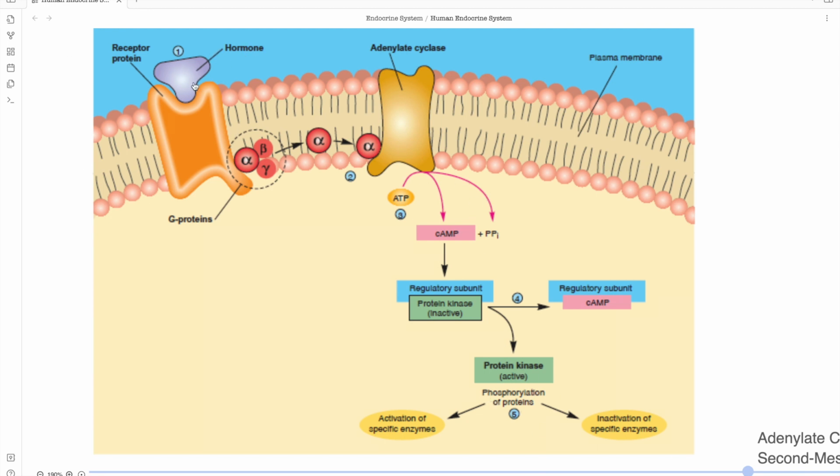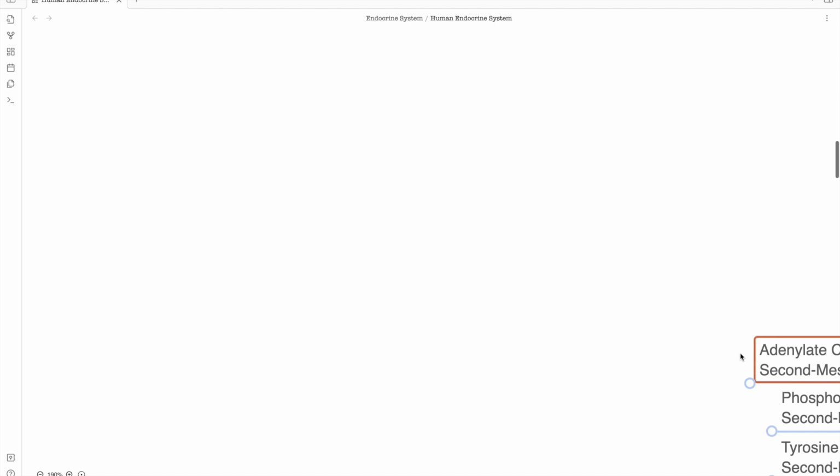Let's say this hormone will activate this protein kinase. How is this hormone activating this protein kinase? Through this cAMP system, through using this cAMP secondary messenger system. So that is one thing. Okay, now the second thing is